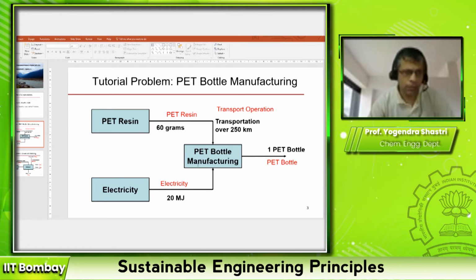Okay, so now the next thing is, once we have identified the flows, we need to find out which flows are already there in the database and which ones need to be defined. Now in this case, we have already said that I'm going to use data of PET resin manufacturing from the database.